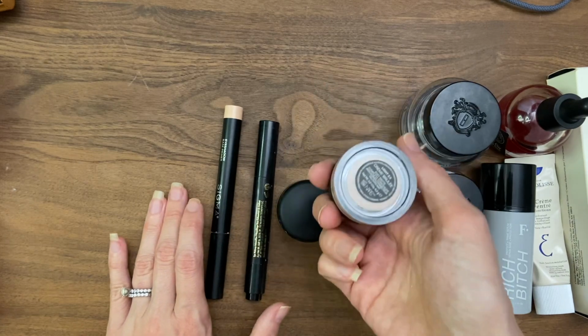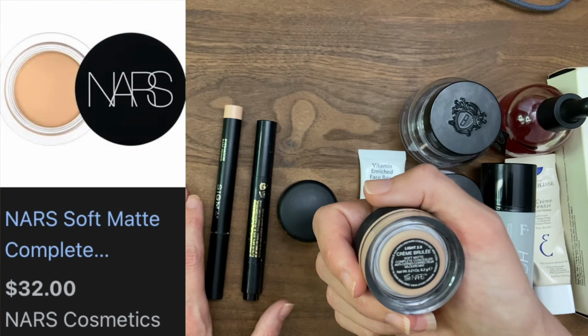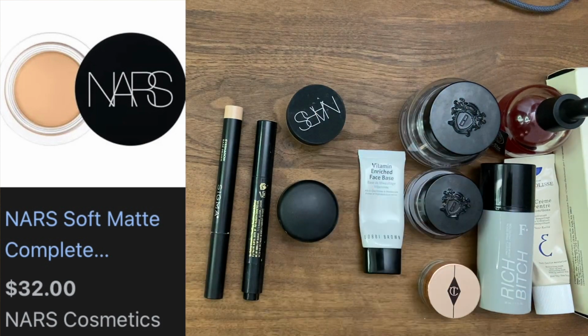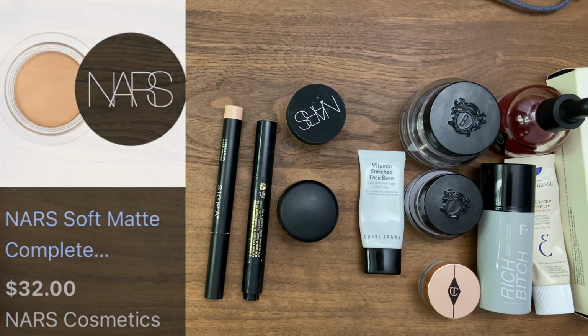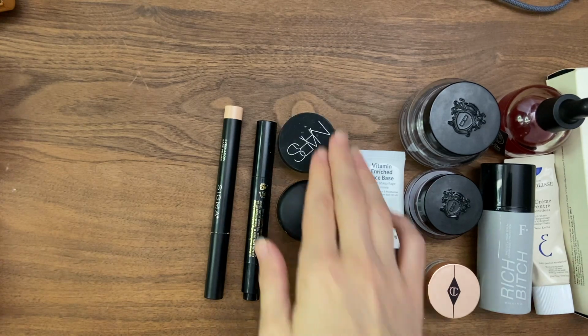My second favorite is this Nars Concealer. I have this in light 2.5 Creme Brulee. This is almost perfect. It's just a little bit emollient. So for most eyeshadows, that's fine. I'll put this on and then I'll put a dusting of setting powder on top and I'm good to go. It's just once in a blue moon I come across an eyeshadow where this isn't the best with,